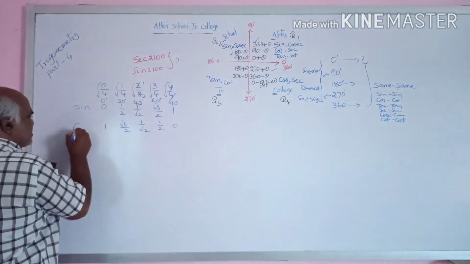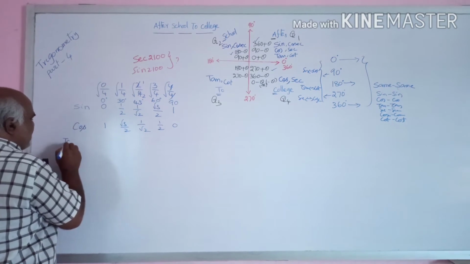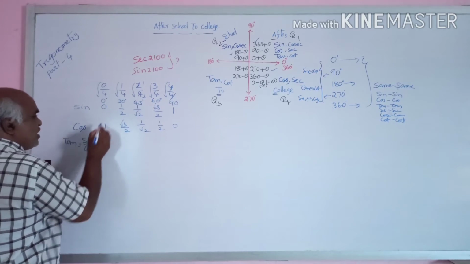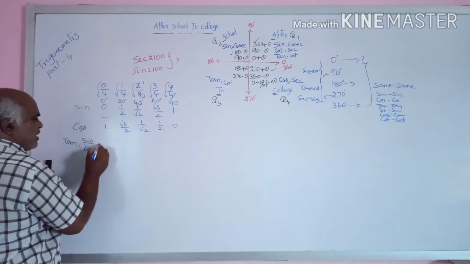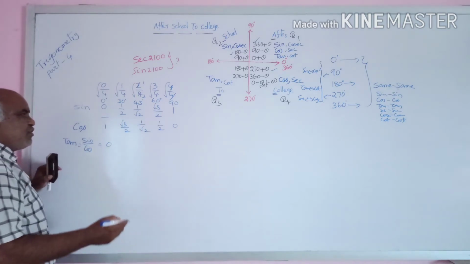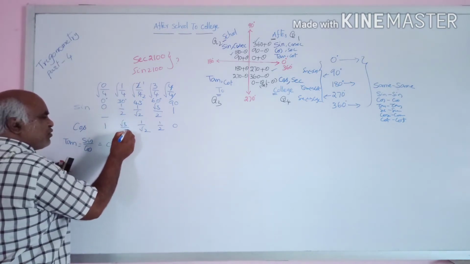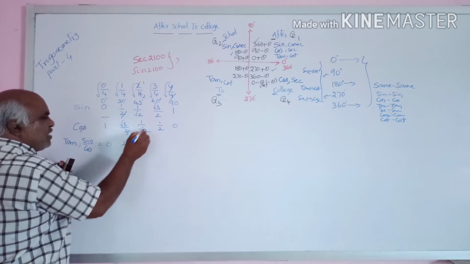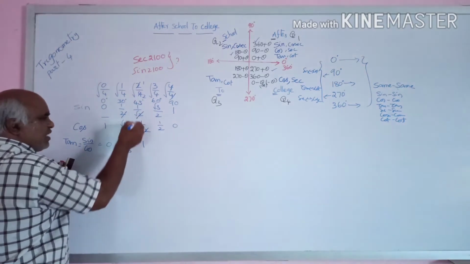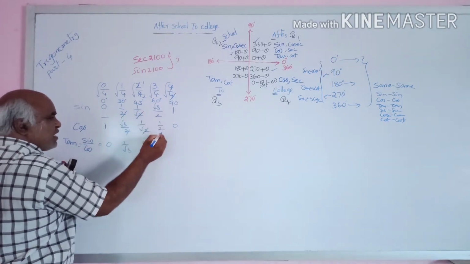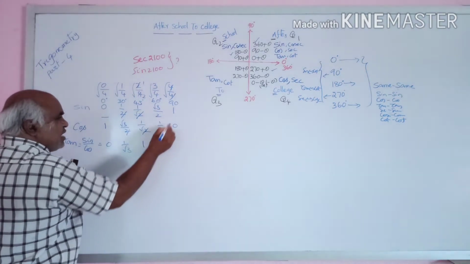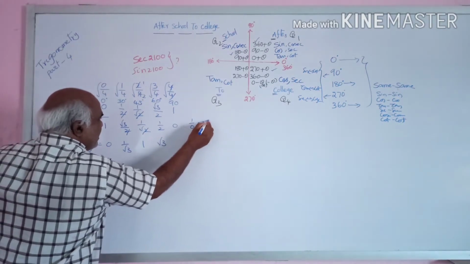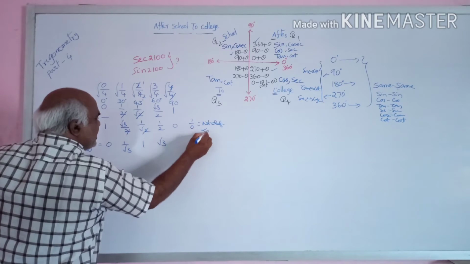Okay, it is cos. What is tan? Tan is sine by cos. 0 by 1, that is equal to 0. 1 by 2 by root 3 by 2, 2 cancel. What happened? 1 by root 3. Root 2 cancel. 1, same values. Sine by cos. Next, root 3 by 2 cancel. Root 3. Anything by 0 is not defined or infinity.